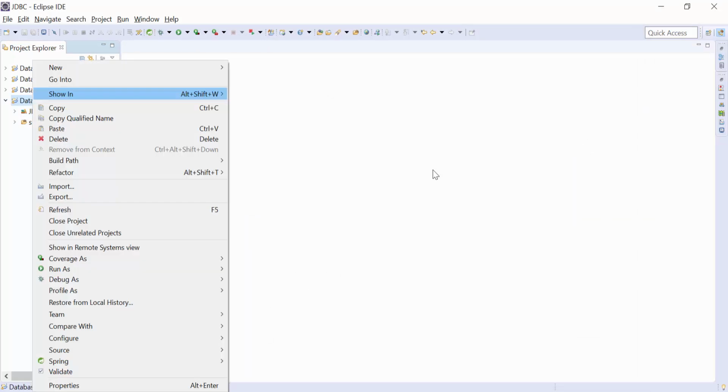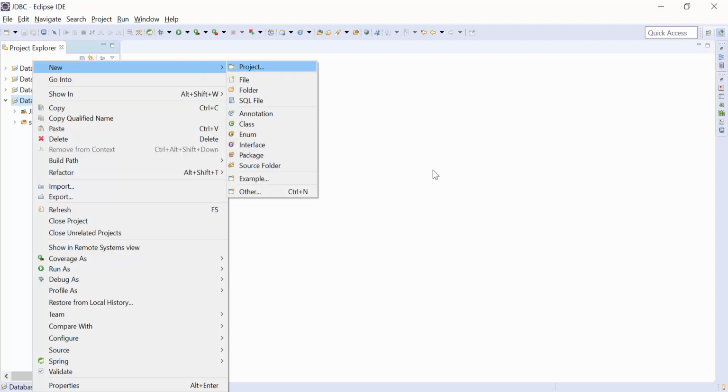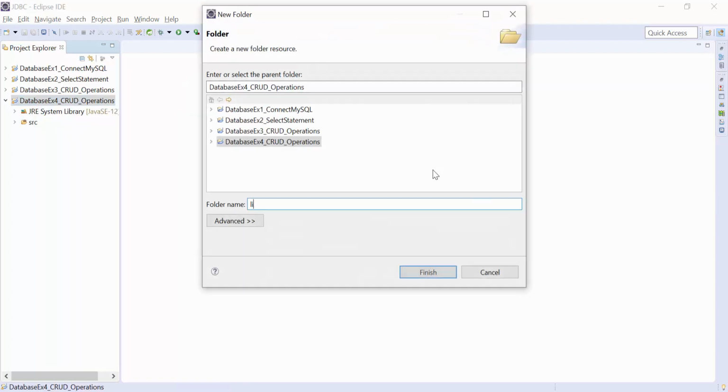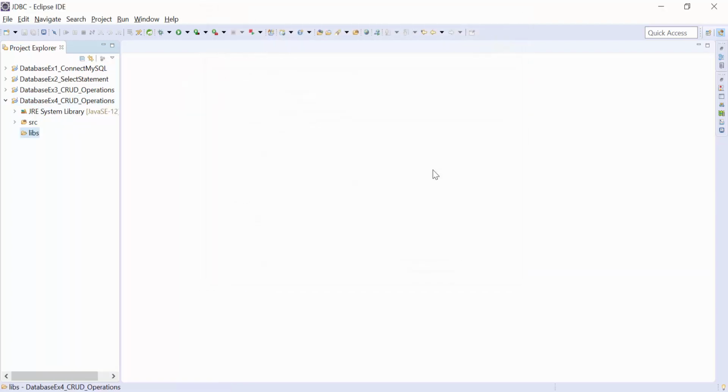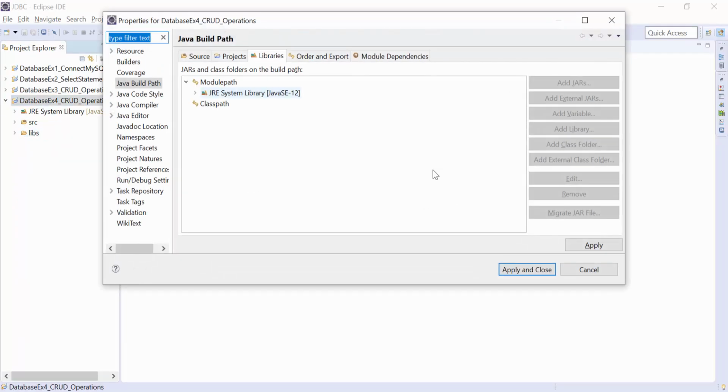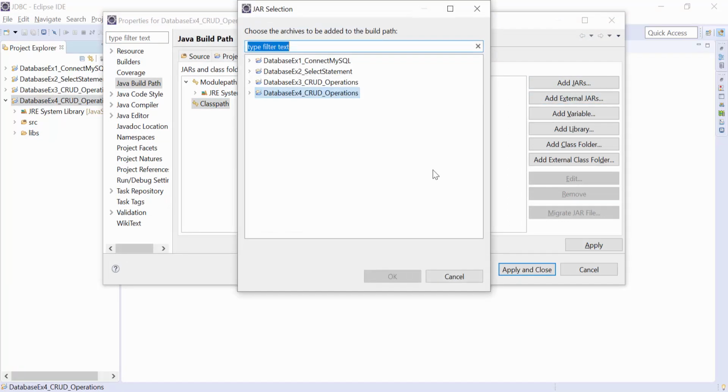Same, we create one folder to add the library for MySQL, and in that we paste the MySQL jar file. Then open properties, go to libraries, add the jar file.